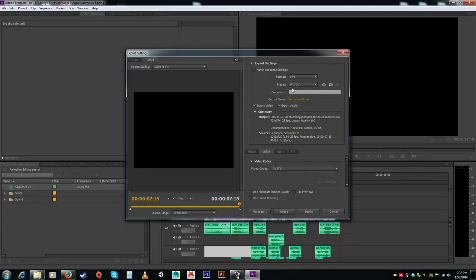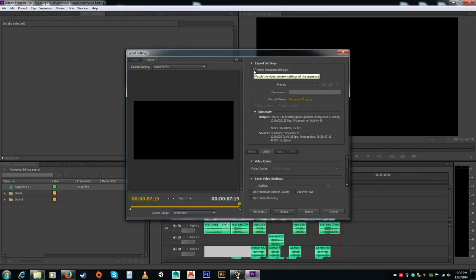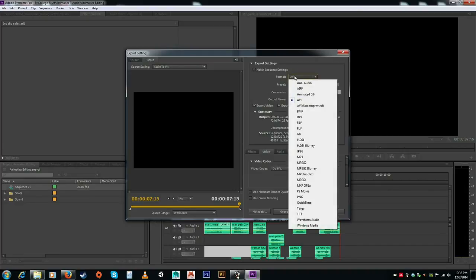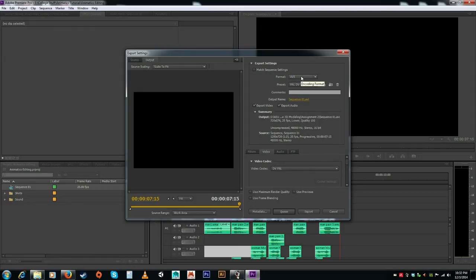Starting from the options on this side over here, there's a filter, video, audio and FTP. Just concentrate more on video and audio. Audio usually just leave as default, and for video, you basically start from the top. So you can click Match Sequence Settings if you want. Or if you want custom made, you can switch this one. What we want right now is to render in